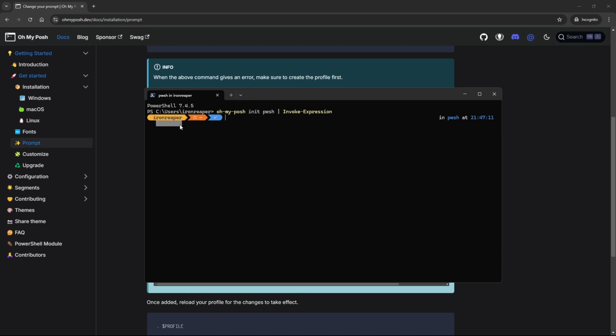You get your username, then the file directory, then the shell you are using, this is PowerShell, and the time. But this is temporary. If I just open a new tab, you see it doesn't occur here. This is a one-time command. If you want this to execute every time you open PowerShell, then we have to set this command